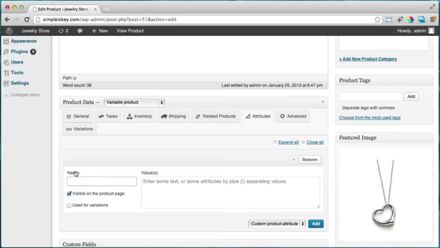and maybe the name is the general category. So if you're selling t-shirts, this would be like sizes. If you're selling jewelry, maybe this would be metals, like the different types of metal you want to use, metal. And then enter in some values. So we're gonna have gold, no, we'll start with silver,